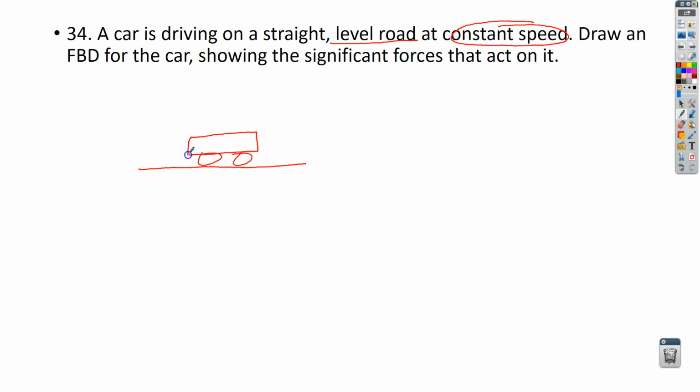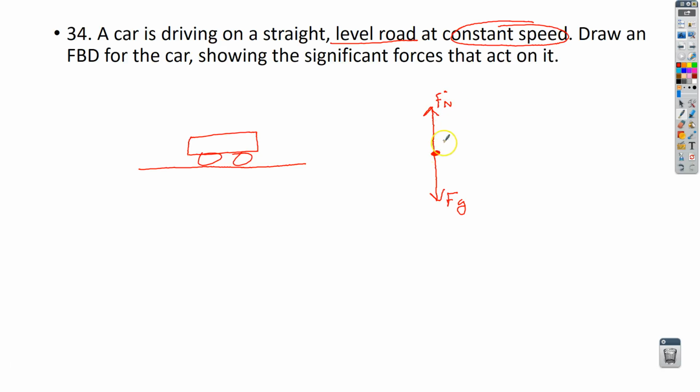It's a really bad car, I realize that, but we're just going to use a dot because we're going to do a free body diagram. And we know that pointing straight down would be the force due to gravity on that car. Pointing straight up, we talked about this force. This one's called the normal force,